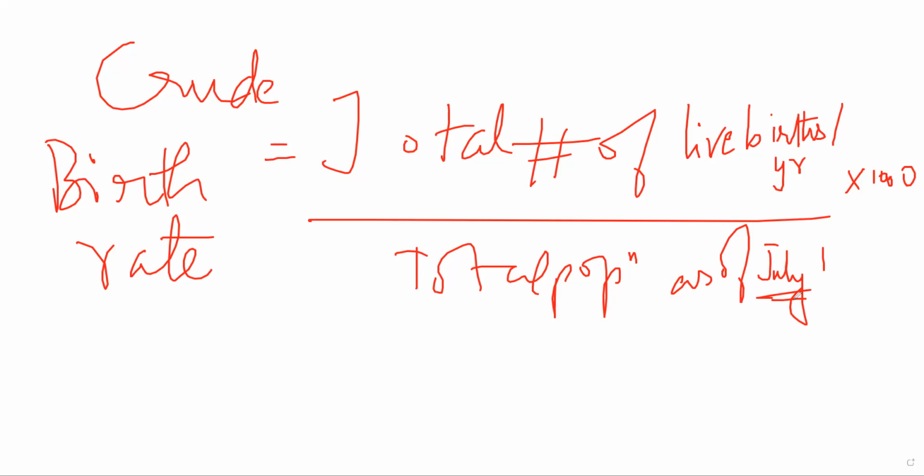When you are taking crude birth rate, let us suppose you measure the rate of birth from Jan 1st to July 1st, six months, and then the next six months. In this way you are taking into account any severe change in population over the year. Let us suppose some seasonal flu came at one point of time and killed a lot of people, for example, or there was some natural disaster, whatever the case. Generally they measure at a gap of 6 months.